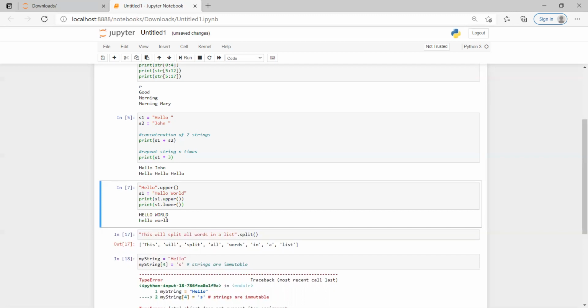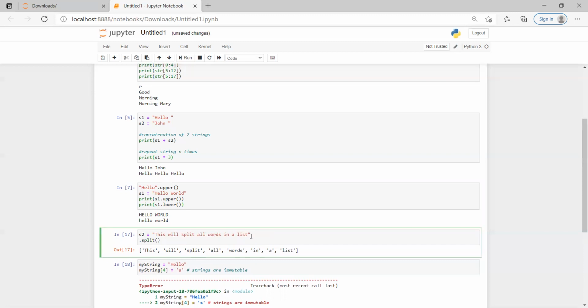There are sometimes where you might have to split a sentence into words. If you have a sentence and you want to split it into words, there is something called a split function. Suppose I have another variable, S2, which contains a sentence.